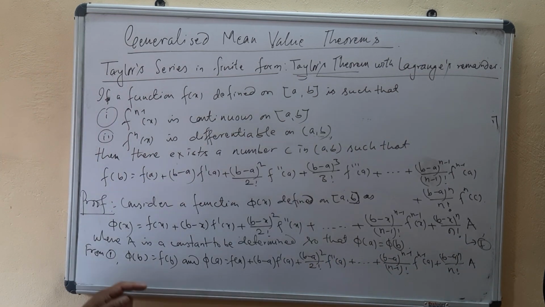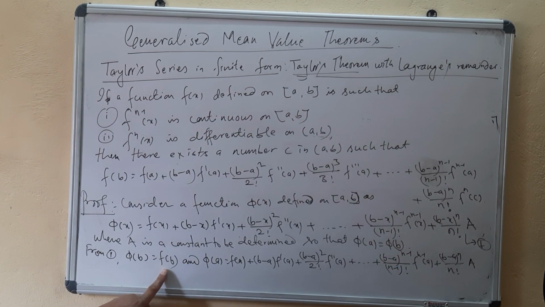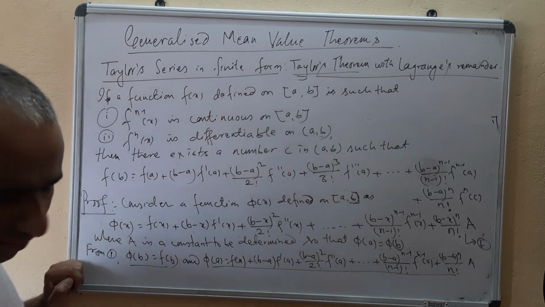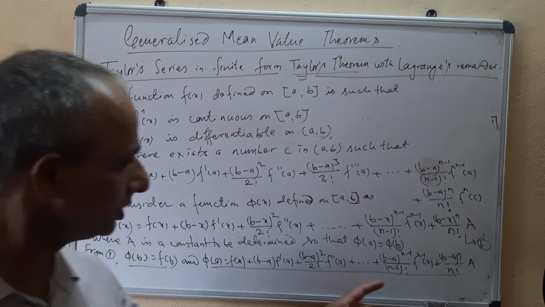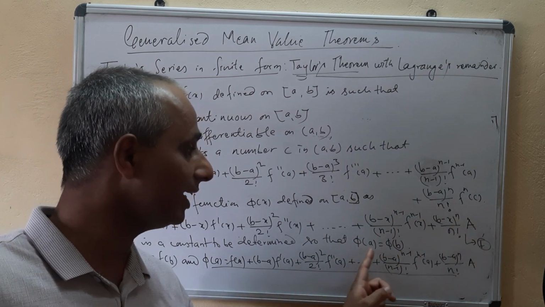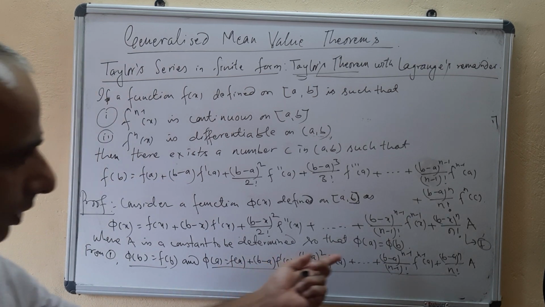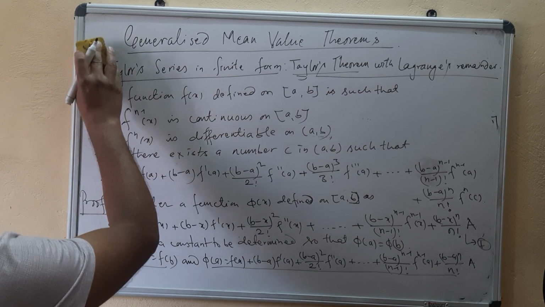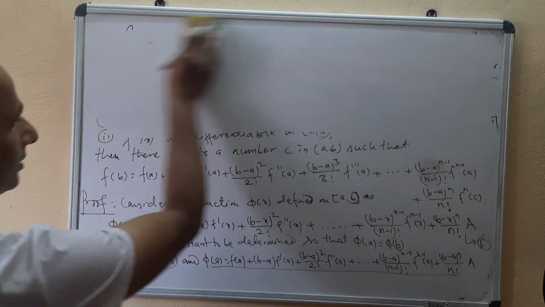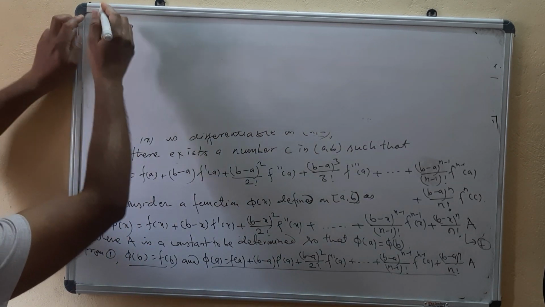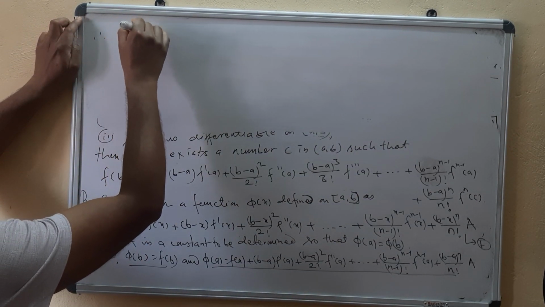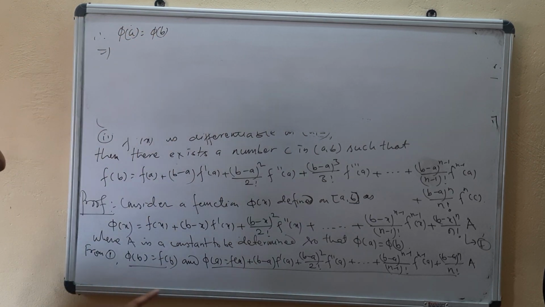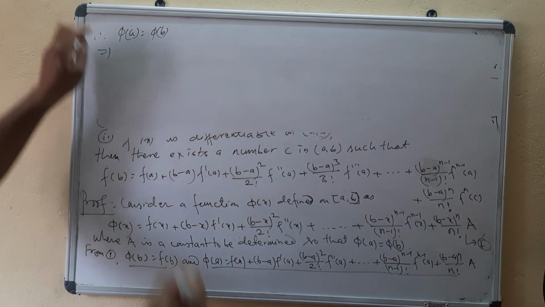Whenever you use phi(a) equal to phi(b), it means in place of phi(b) you put f(b). If you combine these two conditions you will get a new expression, because we are choosing a such that phi(a) equals phi(b), which means we have to equate phi(a) and phi(b) to get the value of a. So what happens? Therefore phi(a) equal to phi(b) implies f(b) equals